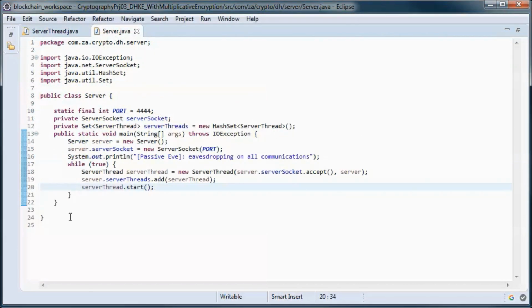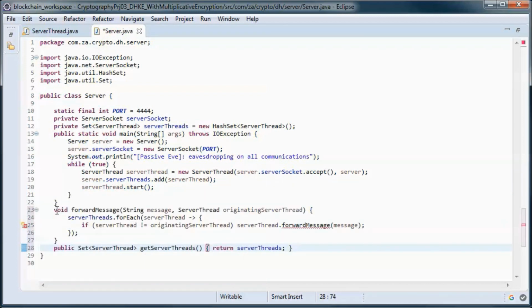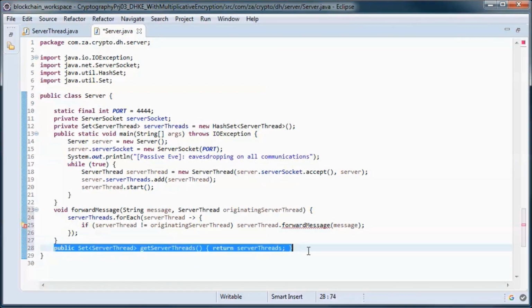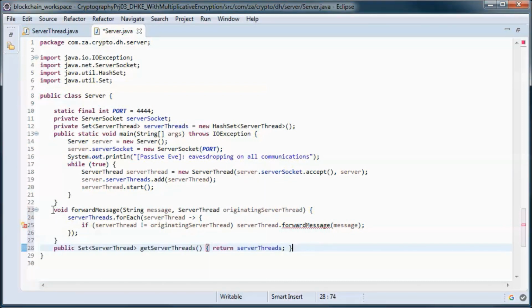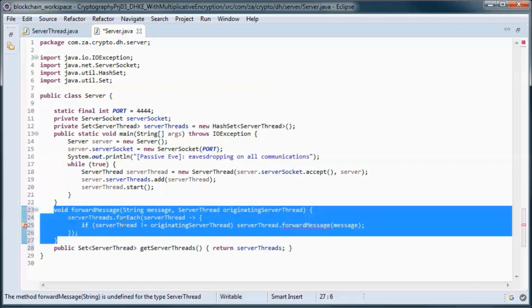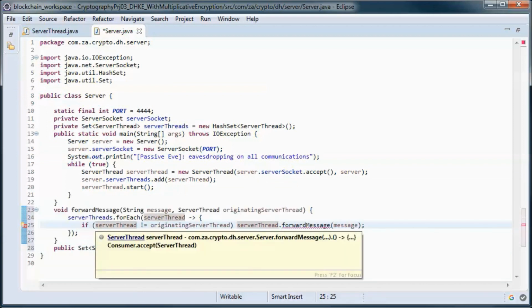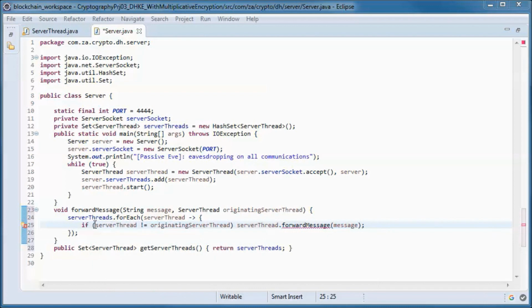So if we go back here, we will have those two methods. This is just a get method, and this method forwards messages from Alice to Bob and the other way around.